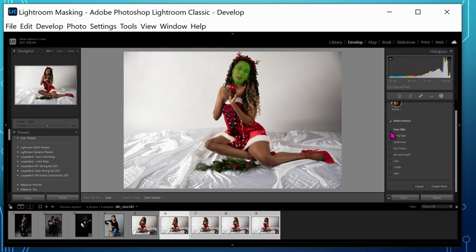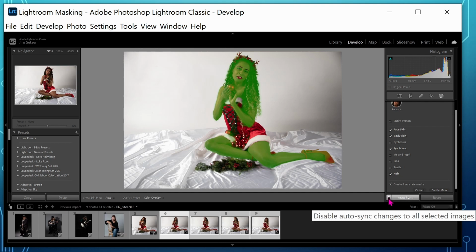And I'm going to do the same, all 4 of those. I'm going to do a different mask. The face, the body. Let's do the whites of her eyes just for something different because we didn't do that before. And the hair again. All right. So because sync is on and I have 4 images selected,